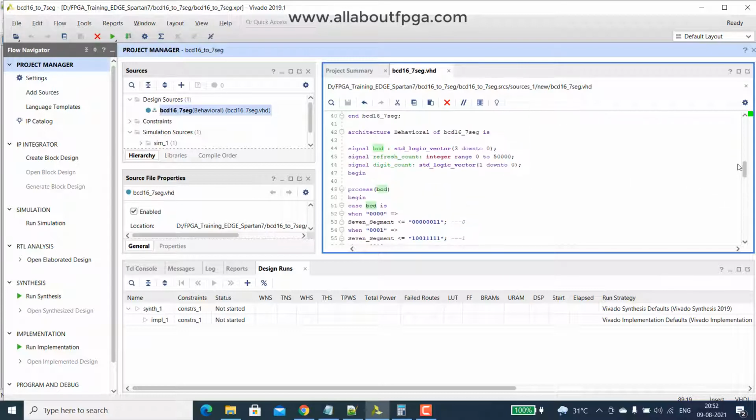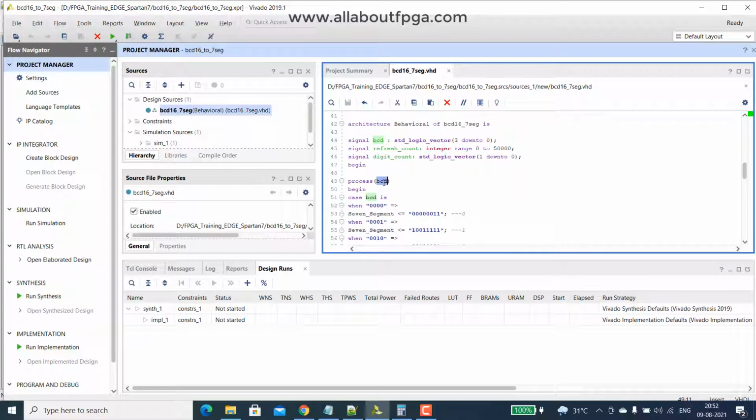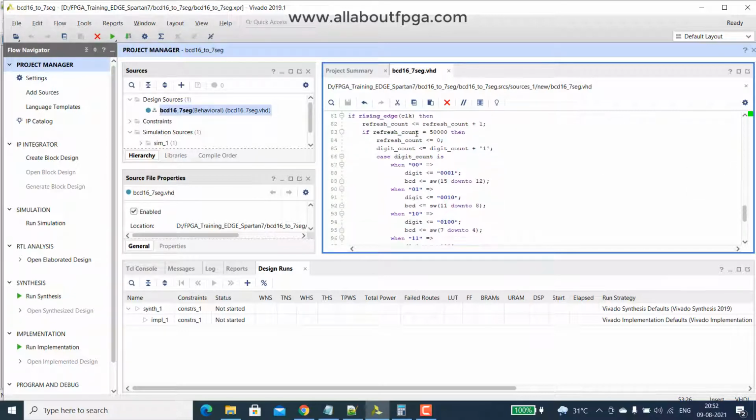So BCD automatically goes to this BCD process and the corresponding 7 segment value will be displayed. The same way, next it moves on to 01. When on 01, digit 2 will be activated and the 4 switches will be sent to BCD. The same way the third digit and then the fourth digit.